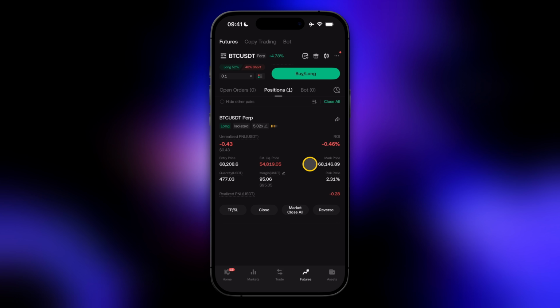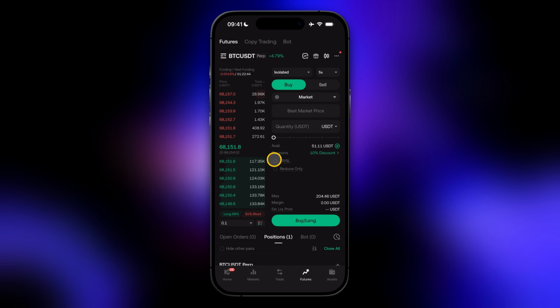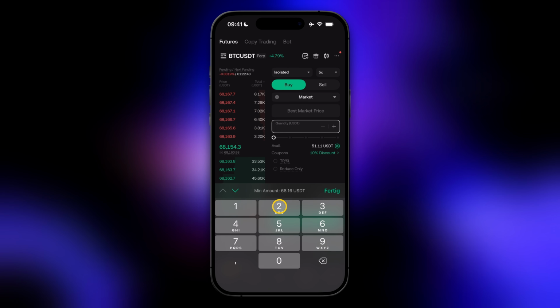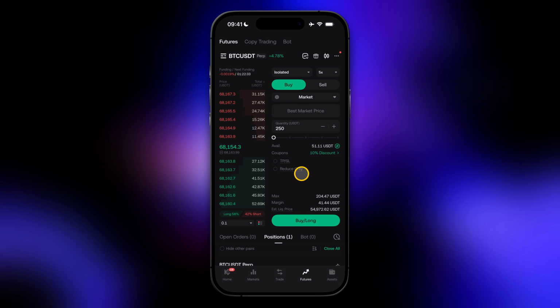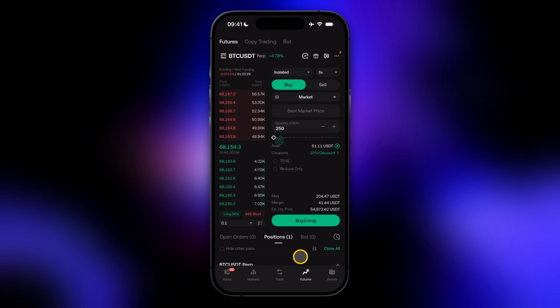All right, so next up, I want to show you how you can increase and decrease your position size later on, because the $500 right here, we can easily increase that by just going back here and do as if we would open another trade. Let's go to buy, market. Let's say I want to add another $200 to this position size. Now let's go for 250 actually. Then I can just click on buy long in here, confirm, and then